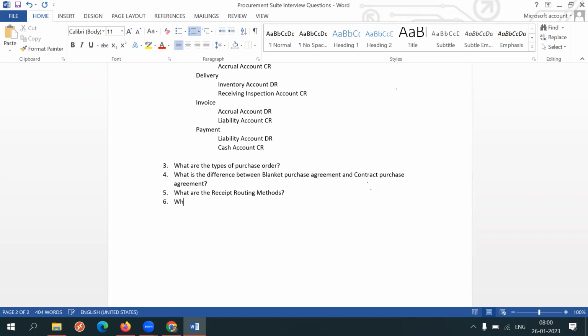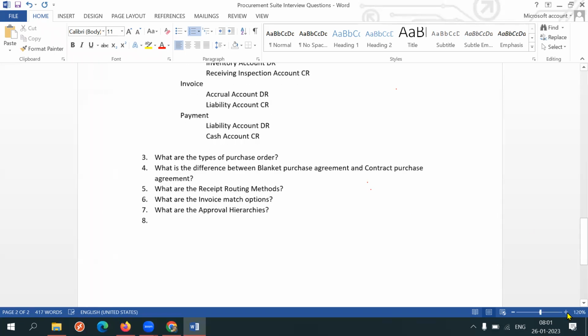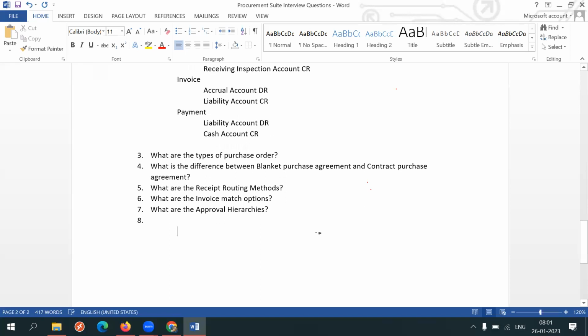What are the receipt routing methods? What are the invoice match options? What are the approval hierarchies? What are the approval hierarchies? And